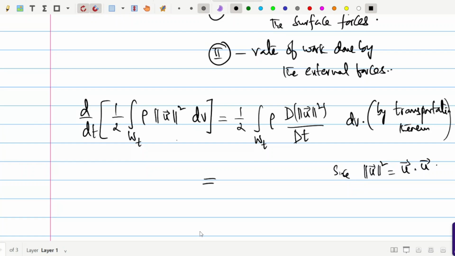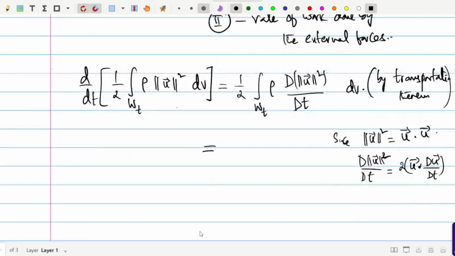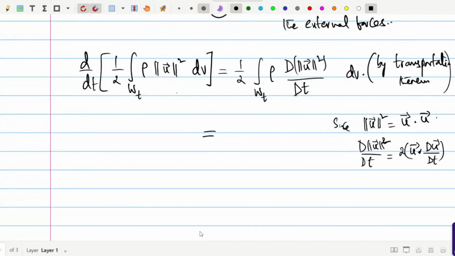So D norm u bar squared divided by Dt is nothing but 2 times u dot Du/Dt, because for the dot product a dot b is the same as b dot a. That 2 cancels, so what you get is the integral of rho into